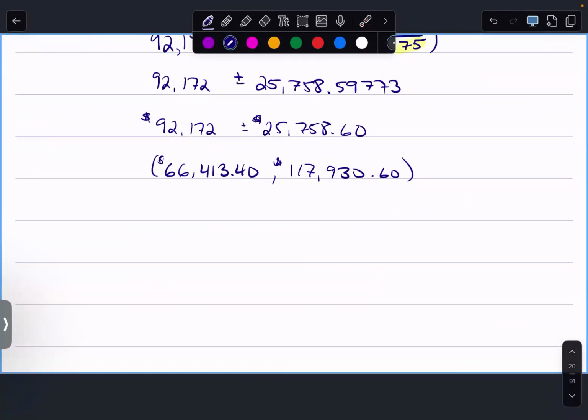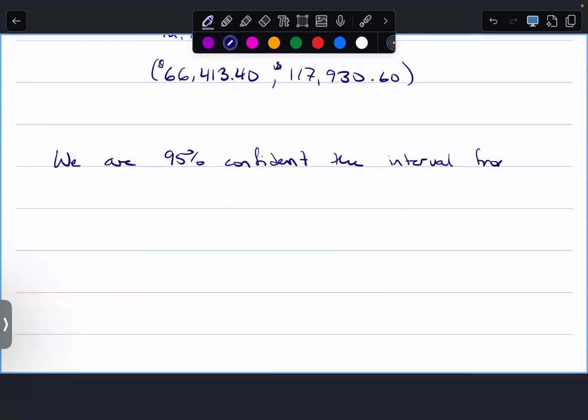So we are 95% confident the interval from 66,413.40 to 117,930.60 captures